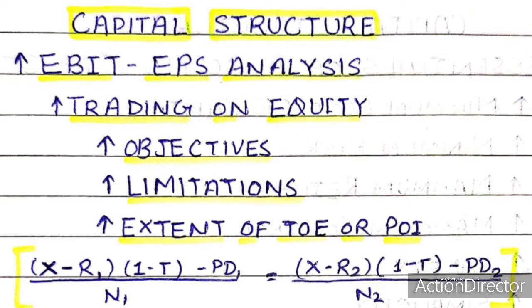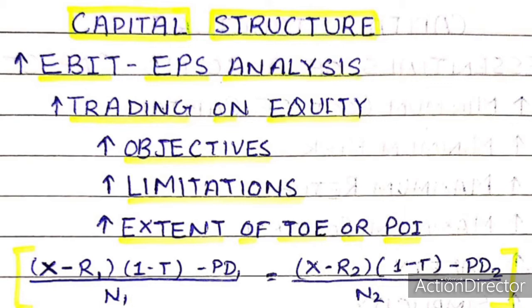Now, let's understand what are the limitations of trading on equity. The company resorts to the policy of trading on equity with the objective of paying the equity shareholders a higher rate of return than the general rate of return on capital employed in the company. But in case the company earns a return less than the rate of interest payable on that capital, the equity shareholders will lose. Therefore, it is not an unmixed blessing. Trading on equity is subject to several limitations. Important among them are identified as follows.